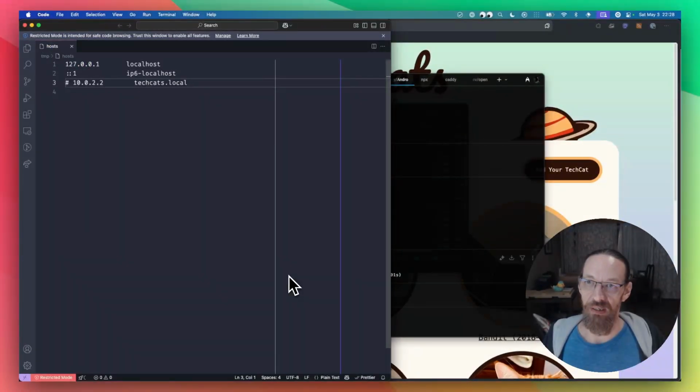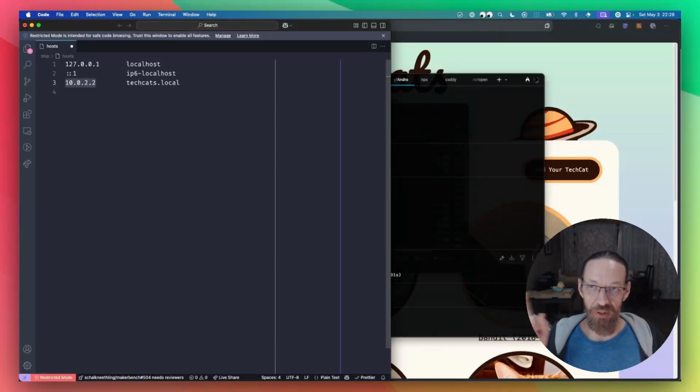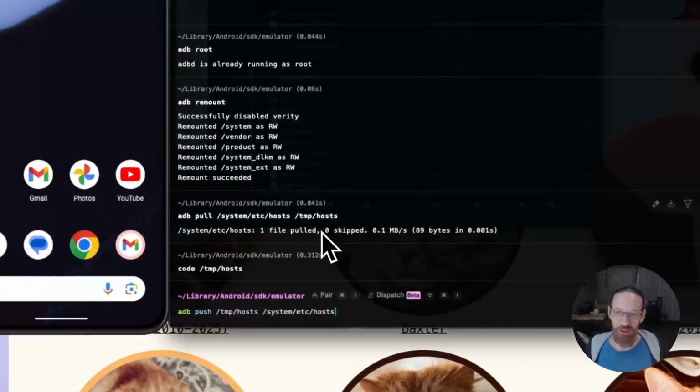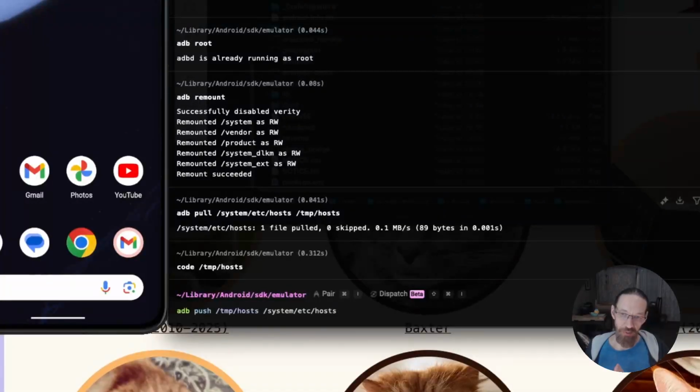You can see again here, I have techcats.local already here, but it's commented out. So I'm going to uncomment it. And this 10.0.2.2, that is the IP address of the emulator. And then I'm just going to go ahead and save this, close it. And now we're going to do adb push, and we're going to push our local one,